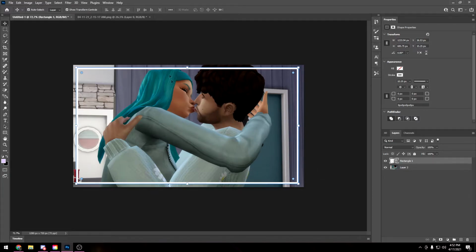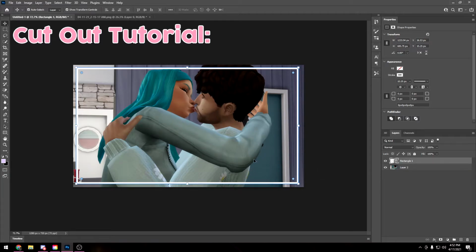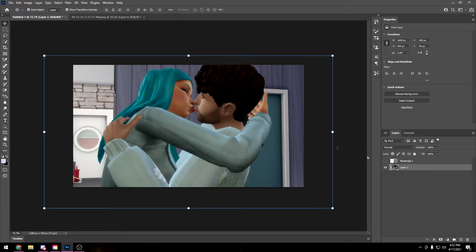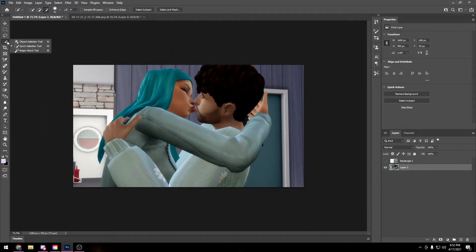We're basically going to cut out the Sims and put them on a new layer, and it's going to be like just the Sims on the top layer, the rectangle on the second layer, and the third layer is going to be this basic layer. So really quickly, we're going to turn off rectangle, and we're going to use this tool right here. This is called the quick selection tool, and then make sure it is on this second one. So also make sure that it's on this positive sign one,